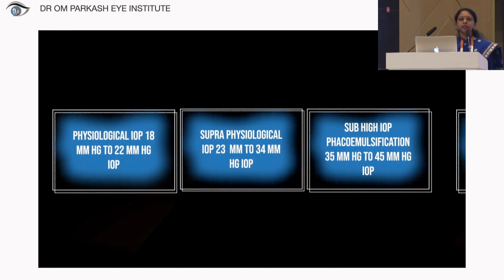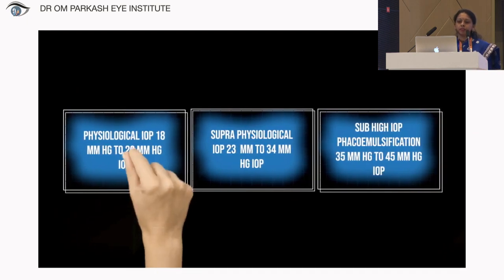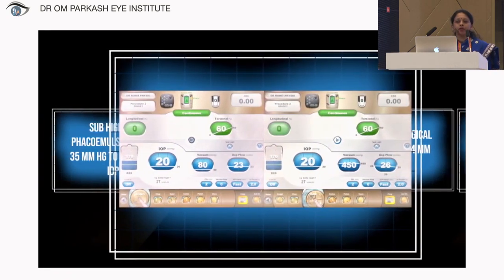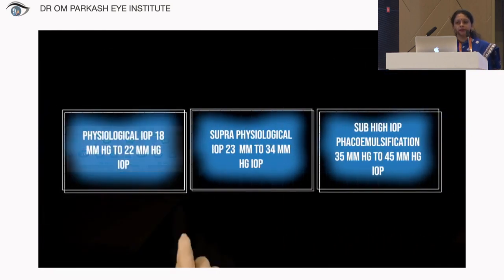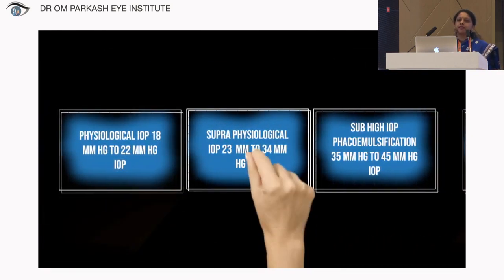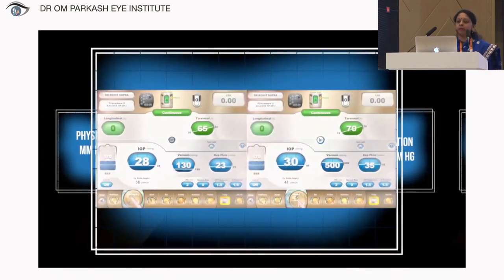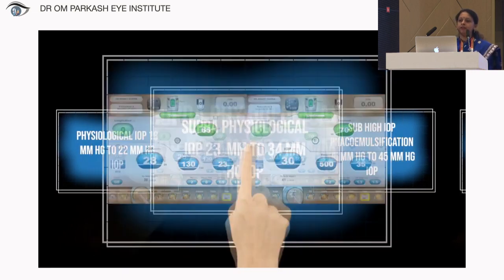The physiological IOP is from 18 to 22 millimeters of mercury, and in this setting we use the AFR of around 23 in the sculpt mode and 26 in the quadrant mode, whereas in supraphysiological it is from 24 to 34 millimeters of mercury, and the AFR of 23 is used in the sculpt mode to 35 in the quadrant